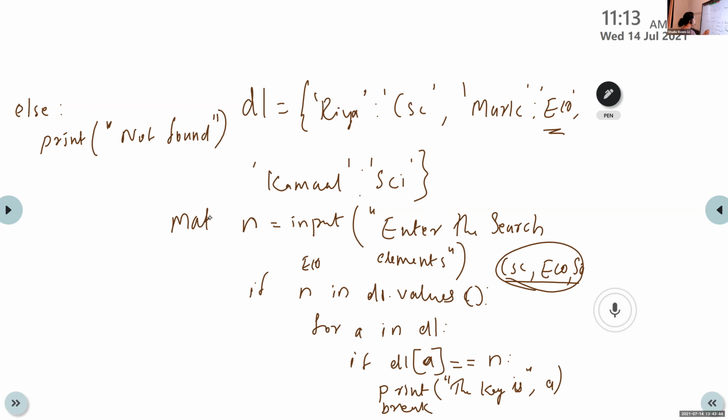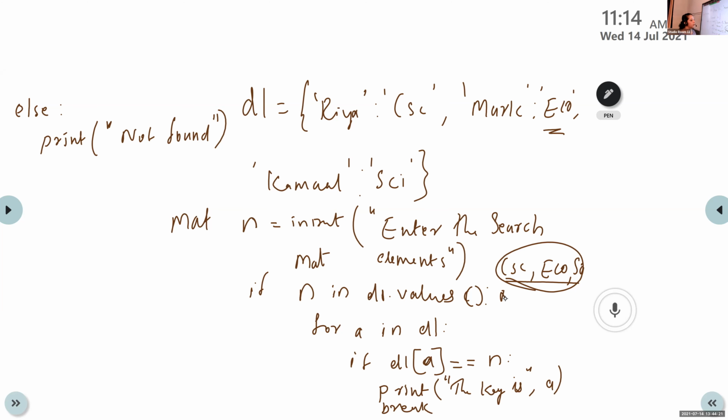In is used for checking if a particular substring or value, here it is a value, is present in a dictionary. So if n in d1 dot values, CSC, ECO and SCI, is MAT present in these values? No. So here the result is false. So the control moves to the else part and it will print not found.